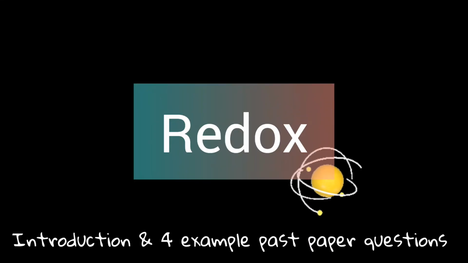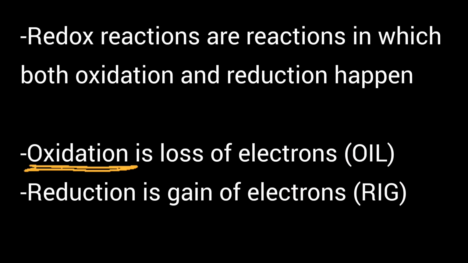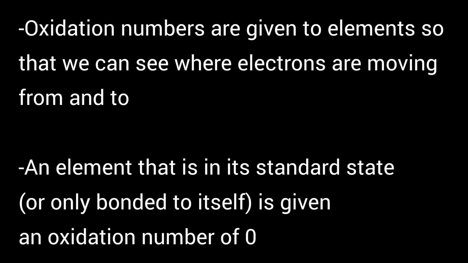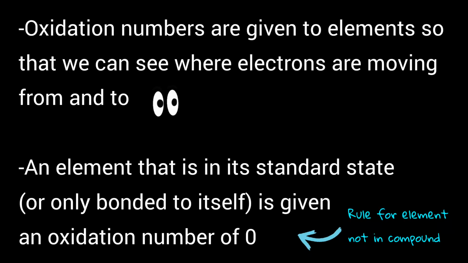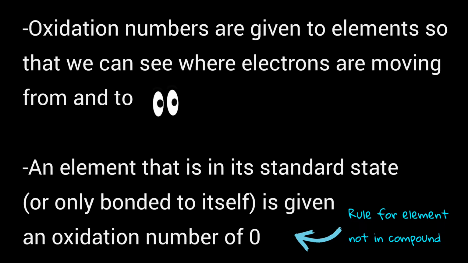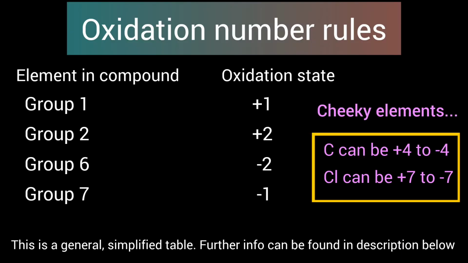Hi guys, this video will be about redox. A redox reaction is one where both oxidation, loss of electrons, and reduction, gain of electrons, happen simultaneously at the same time. Oxidation numbers, or oxidation states, are assigned to atoms of elements taking part in the reaction, and that tells us where electrons have moved from and to. There are some rules that you'll have to learn in order to be able to do this and answer questions